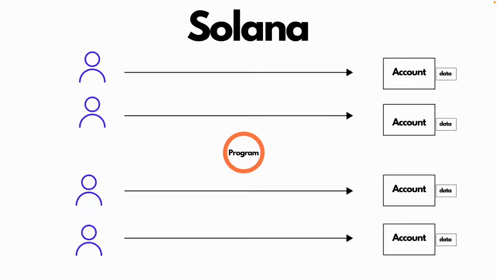So getting back to how data is stored on the Solana blockchain, if there is a smart contract that multiple people are interacting with, each one of them will have an associated data account, or multiple associated data accounts, for that program where they'll be storing their individual data. Each of these accounts will be owned by the program, and the program will have access to update the data as and when these users interact with the program.